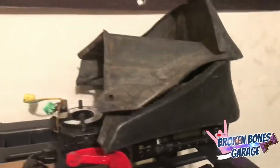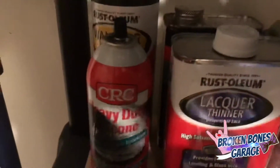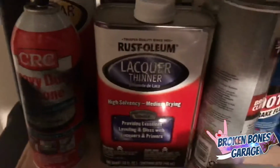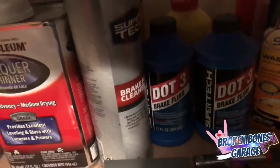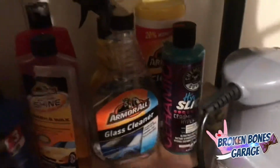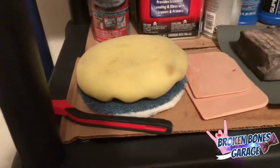Got my valve breathers up here. Some random tools, OEM SI radio, some mud flaps, clock spring out of the Em1, dipstick, 4-way down in there, screwdriver. So in here I got my more harsher chemicals like wax and tar remover, silicone spray, which is not really that harsh, but you know, not a detailing cleaner or anything. Lacquer thinner, I think a thing of fiberglass, brake cleaner, brake fluids, and you can move over to this side, and I got some of my cleaning stuff, polisher, sandpaper, Bondo spreaders, pads for the polisher,